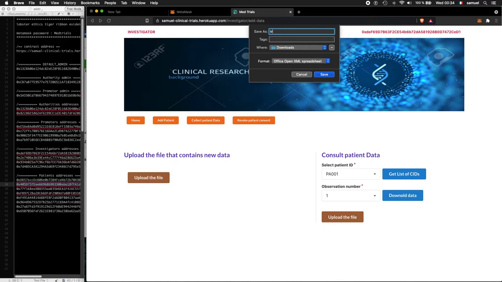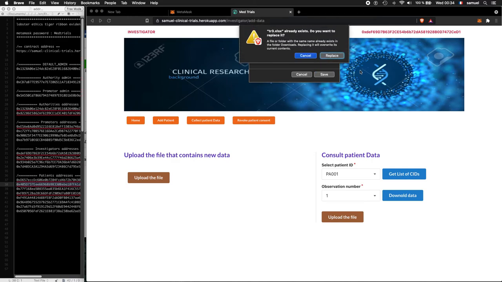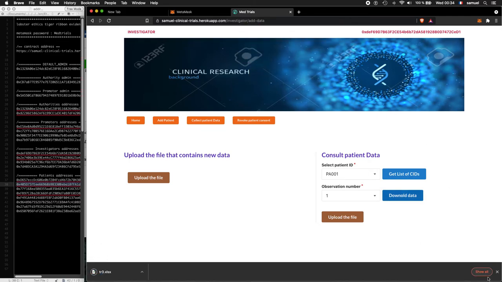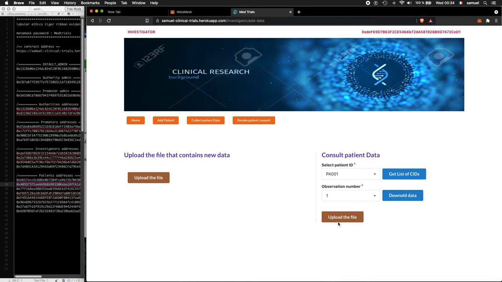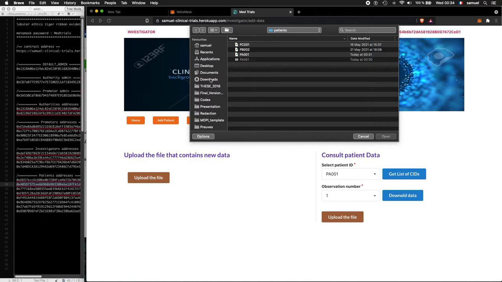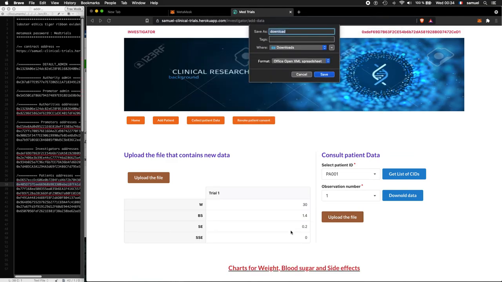So we need to save it as trial 3, so TR3. And now I need to display information from this file, so download. So it's this one. Not this one.